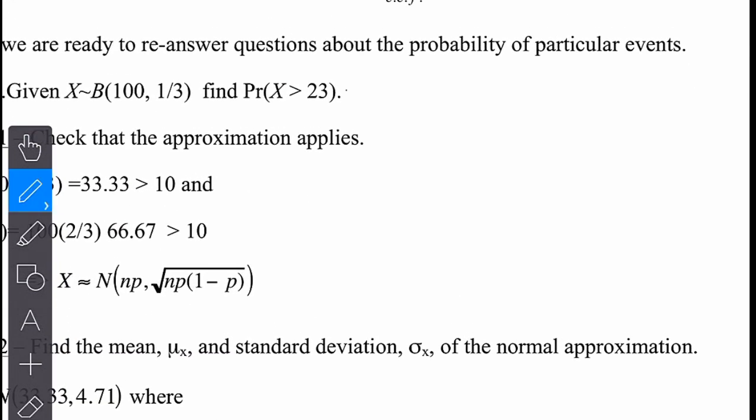What I mean is, if I want to compute the probability that more than 23 successes are observed,